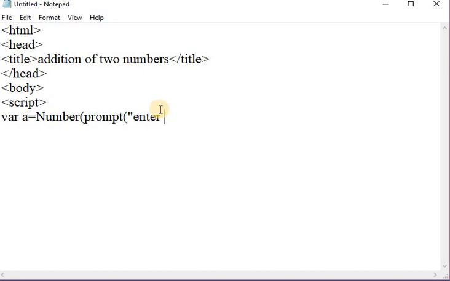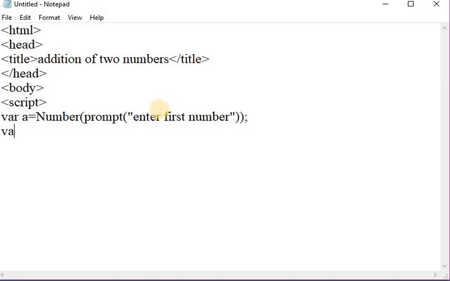Let us see. Here I am writing enter first number. Okay. After that, close this prompt method.